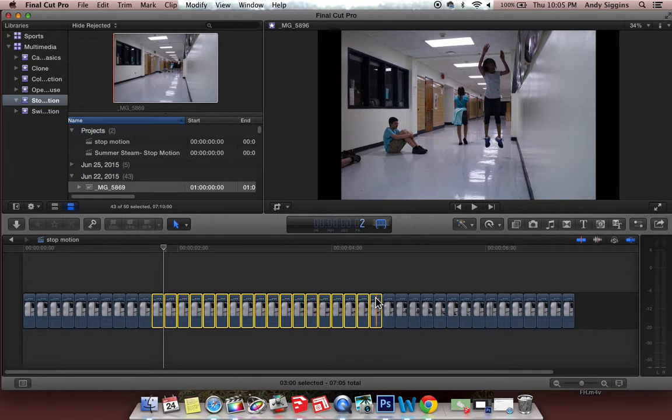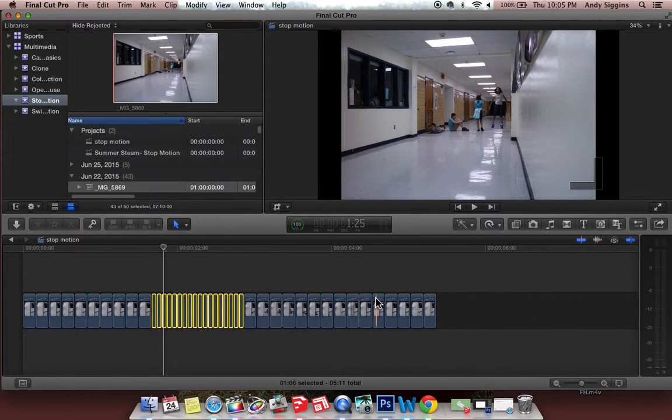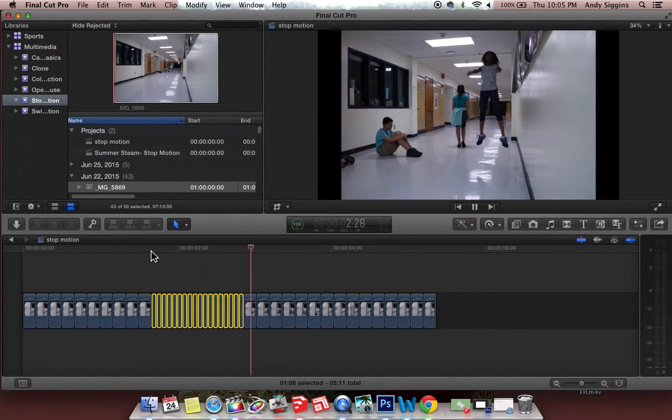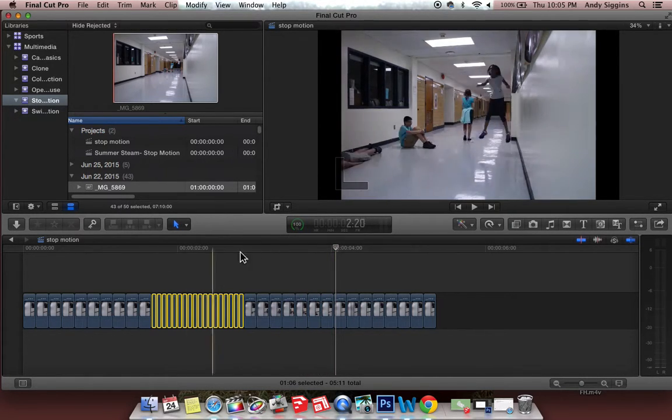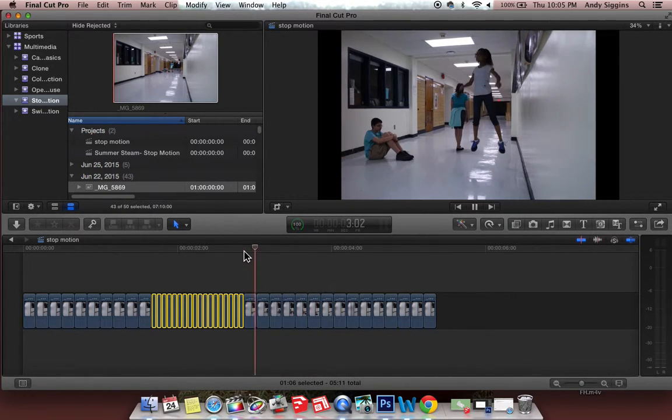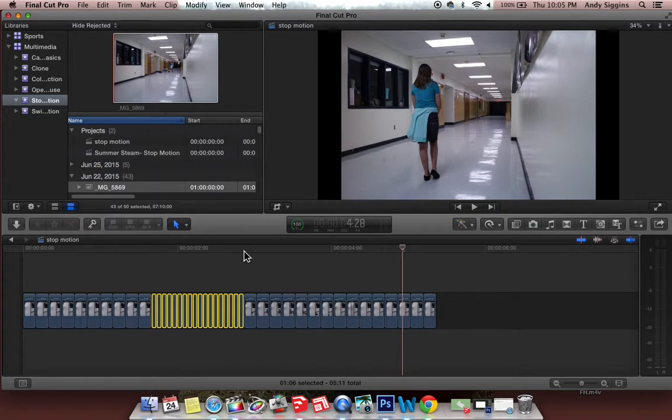I could speed it up so that each image is only on screen for 2 frames, or 1/15th of a second. In that case, when it's sped up, she appears to be flapping her arms and flying down the hallway, as opposed to the rest of this clip where it's much slower and jerkier and kind of blows the illusion. So it's really up to you in the case of stop motion to play around with how long everything is showing, retime it appropriately, and hopefully